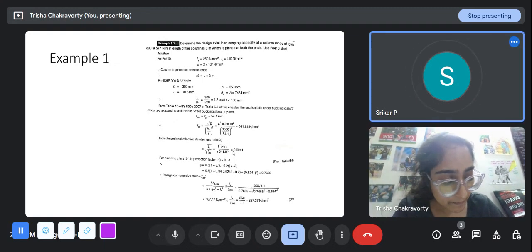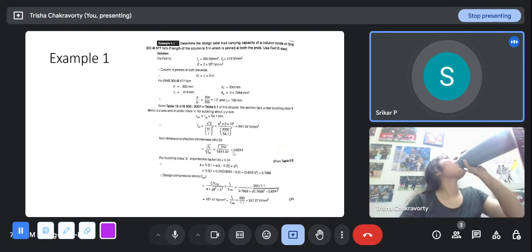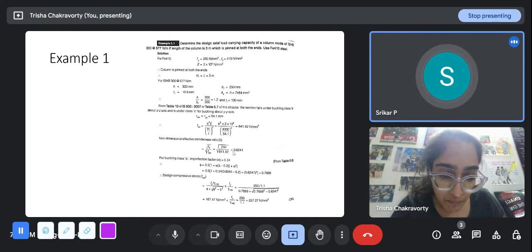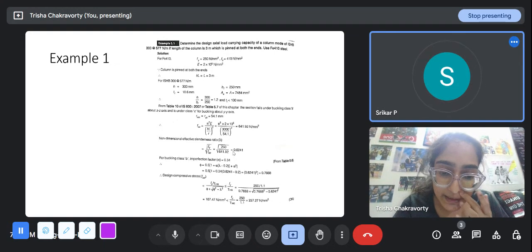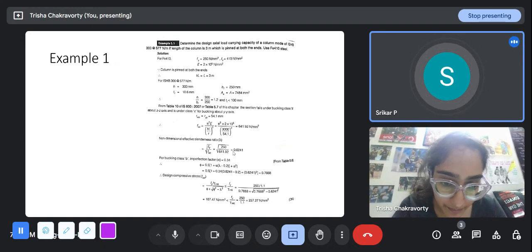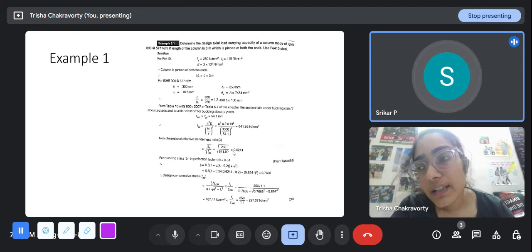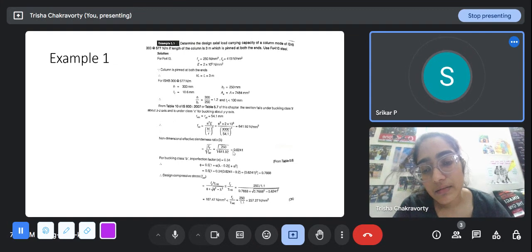If we want to compare with the Euler's column buckling load, like pi square EI by L square, how should we compare it? This is basically design strength. What you're saying is right, but